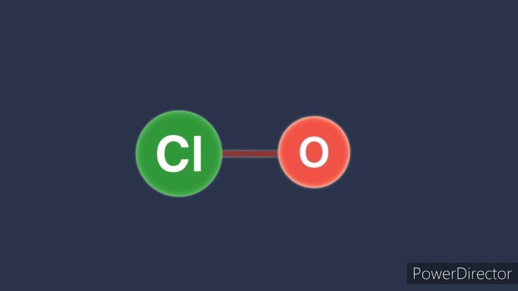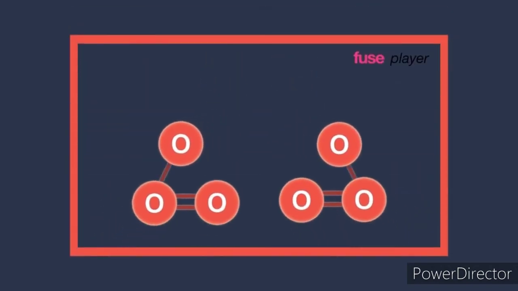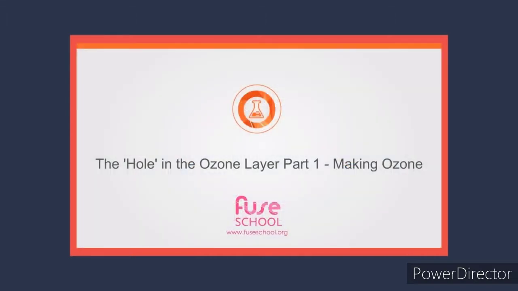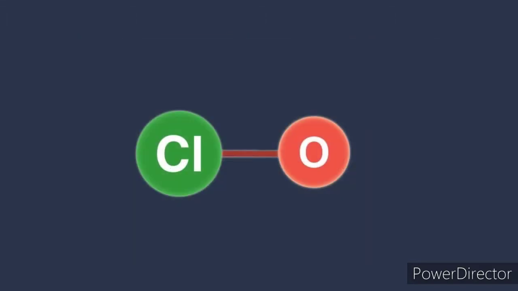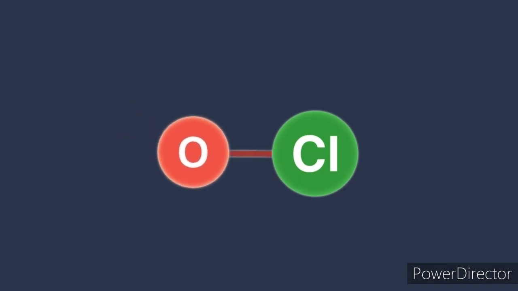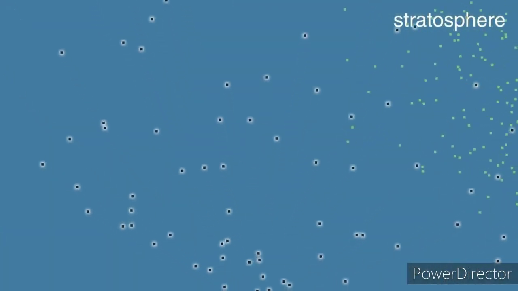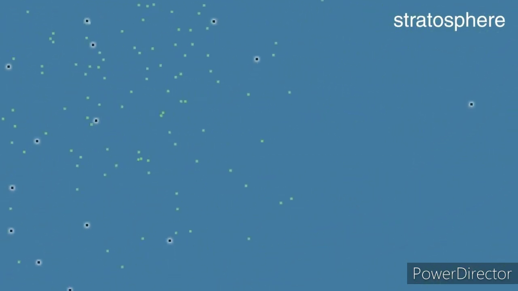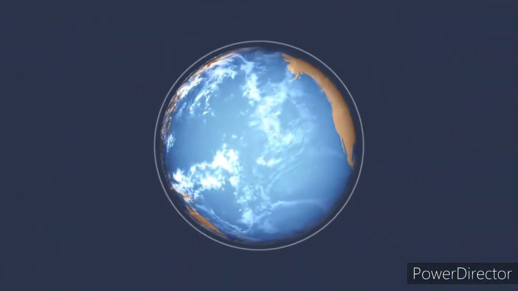These then bond with the free oxygen atoms, preventing them from reforming ozone in the ozone-oxygen cycle we saw in the first part of this video. When the chlorine oxide meets yet another oxygen atom, molecular oxygen reforms, leaving the chlorine atom to continue to remove more atomic oxygen. These chlorine atoms are eventually removed from the stratosphere naturally, but not before they have captured thousands of ozone-forming oxygen atoms. Thus the ozone-oxygen cycle was being destroyed and the ozone layer was thinning all over the